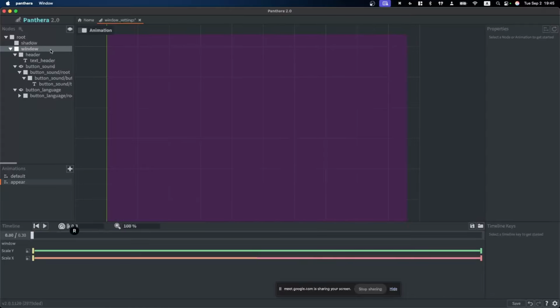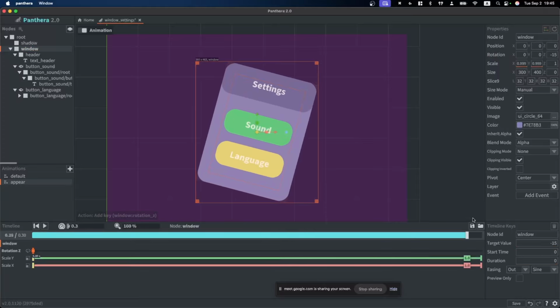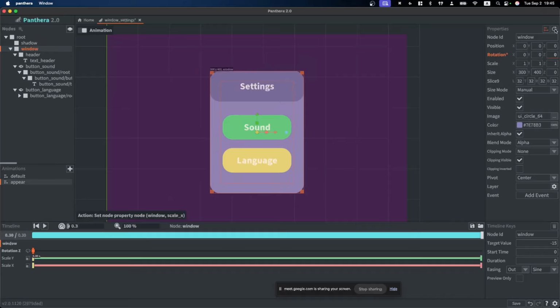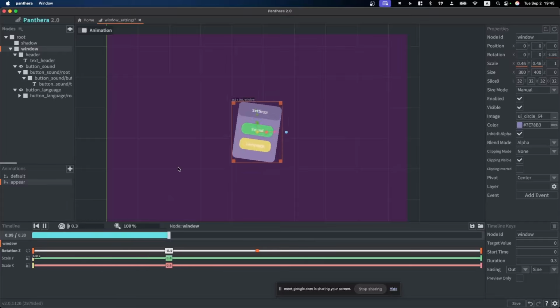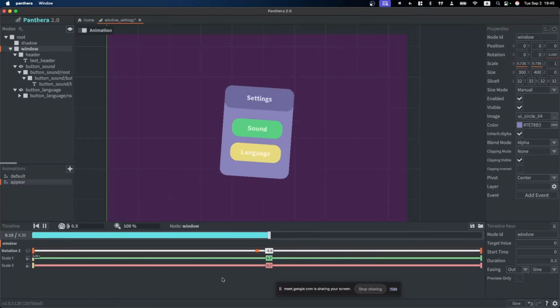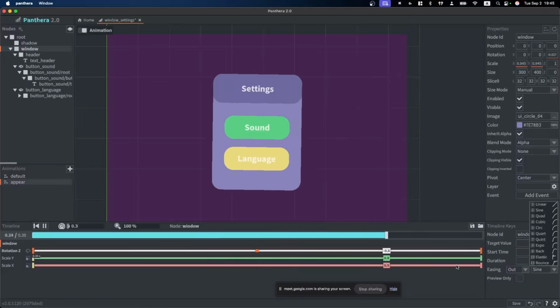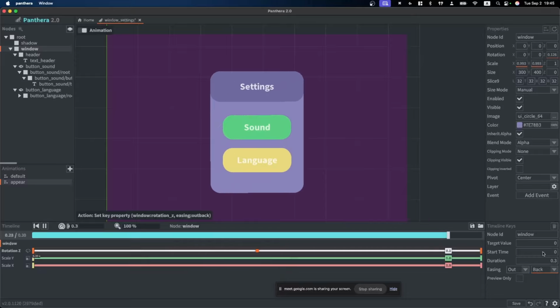Let's make more things because it's now much easier to add. We can add a rotation. Also, we can make it pink. We can press this button to reset changes. Pink. So absolutely the same thing. Now our window is appearing with rotations. We can edit the easings of each key. So for example, for rotation, let's use out back in full speed, it will overshoot, some shaking.